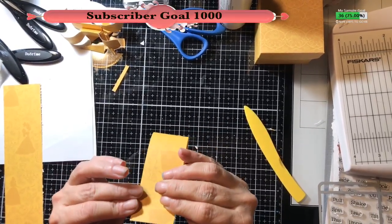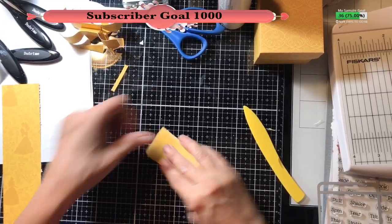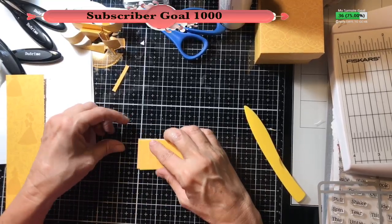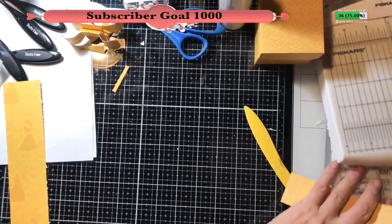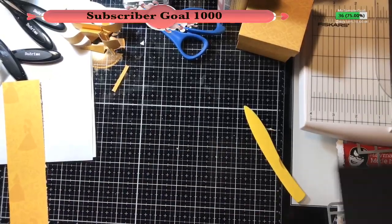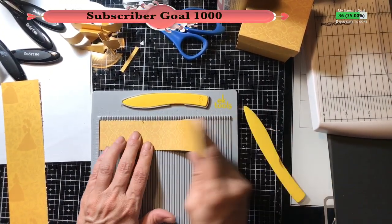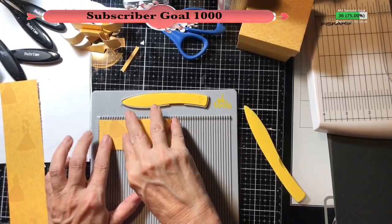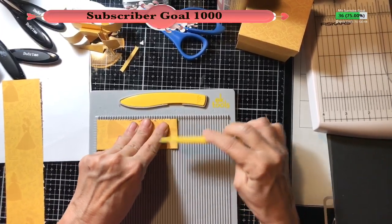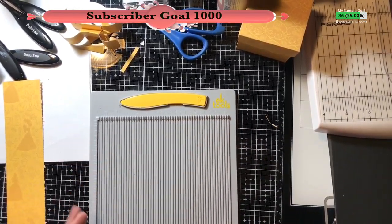Okay, so she has it folded in half. So let's lay it like this so I can see what I'm doing. I don't trust myself. And I threw May's name out there, so I want to make sure I do it right. Even though this isn't her specific. Okay, here we go. So we got that lined up, and now I'm just going to come like this from the center out so it doesn't move the paper. Okay. Then